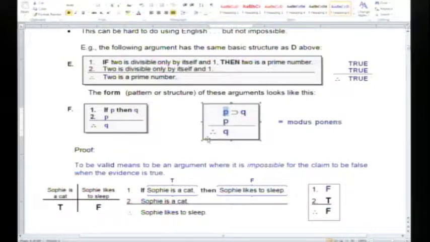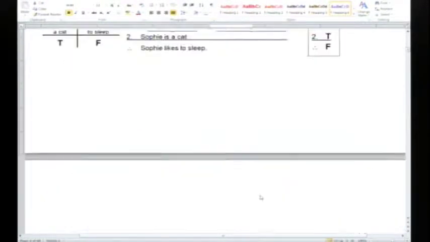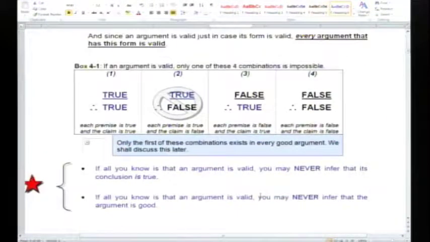The point is, in a symbolic logic course, you learn a variety of methods for assessing whether an argument's formally valid or invalid, right? But we can't really get to that. I'm saying here that validity matters. And it's impossible for a valid argument to violate what I'm calling the cardinal principle, because otherwise the claim wouldn't follow from the evidence if the argument weren't valid. But since I can't teach you all of those methods here in this class, what I will tell you is this, that one of the things